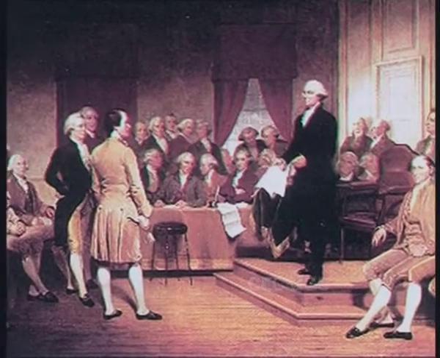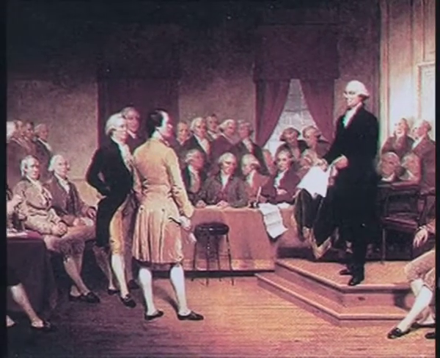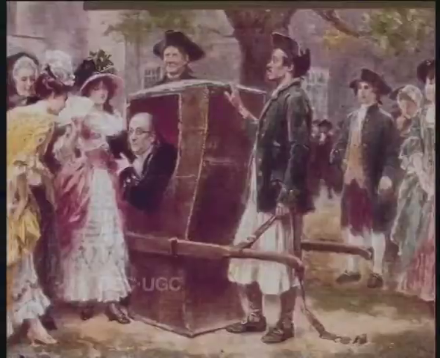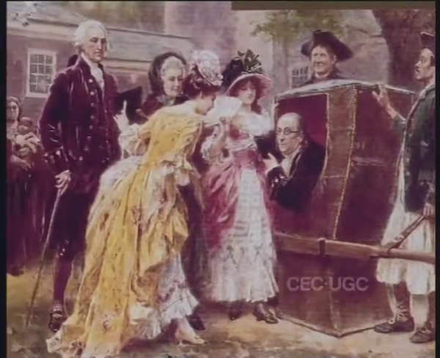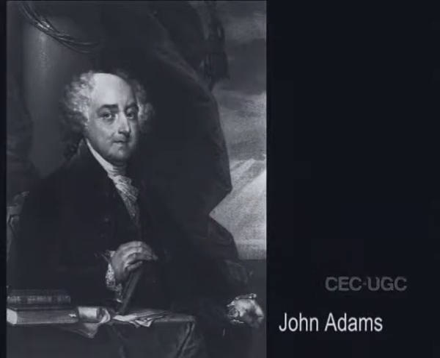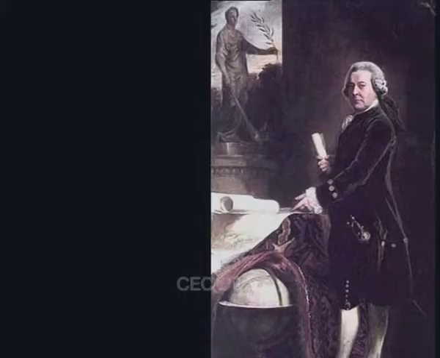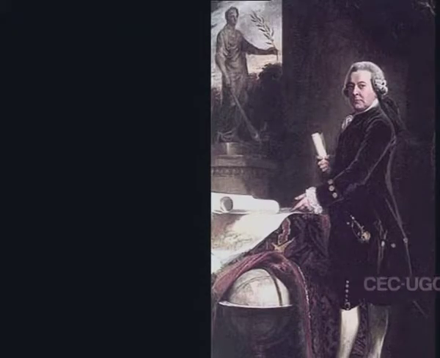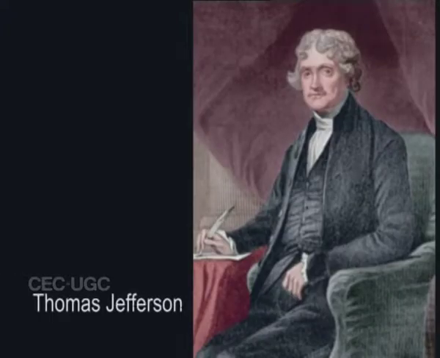Well-known American leaders such as James Madison, Alexander Hamilton, George Washington, and Benjamin Franklin took part in the Federal Convention. George Washington was elected President of the Convention. John Adams, who eventually became the 2nd President of the United States, did not go to the meeting. He was in England serving as the U.S. Ambassador. Thomas Jefferson, author of the Declaration of Independence, wasn't there either. He was in France as the U.S. Ambassador. But they wrote encouraging notes to the delegates.